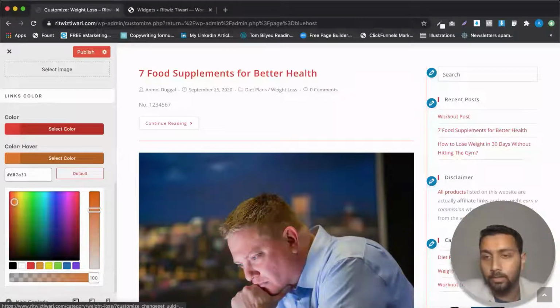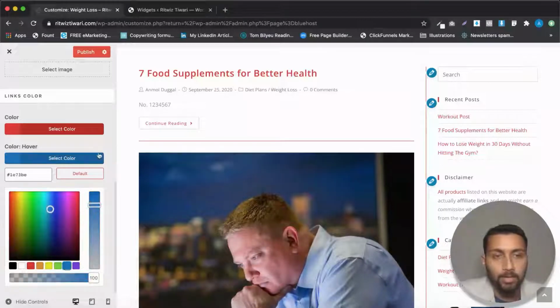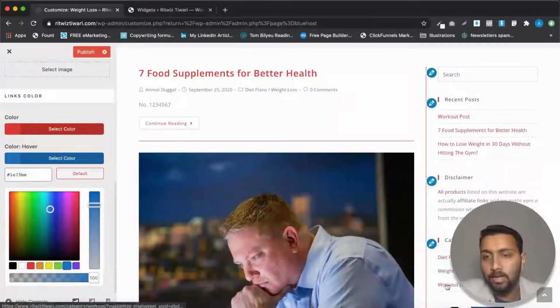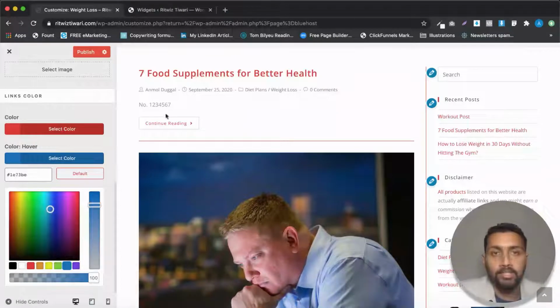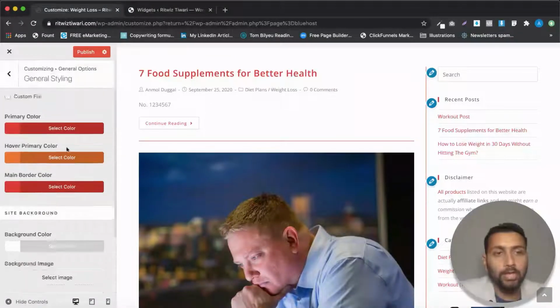Okay, see from here also. Let me make it prominent. Let me make it blue. So now you can see that all products and these links are getting changed to blue in color. Okay, all of these are changing to blue in color. Right? Why these aren't changing, I'm going to tell you that as well. So now you understand the colors part.